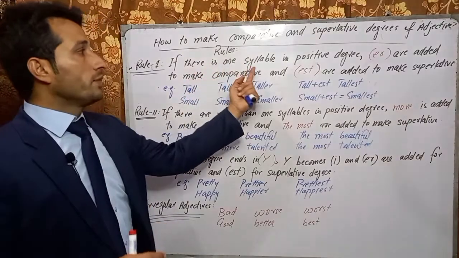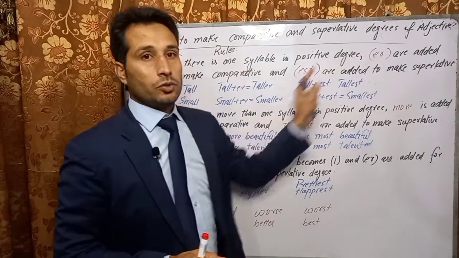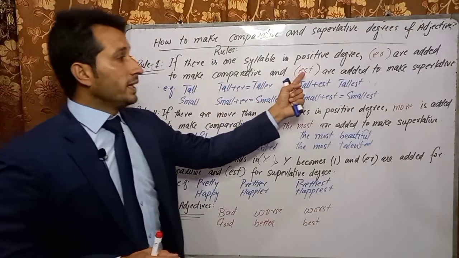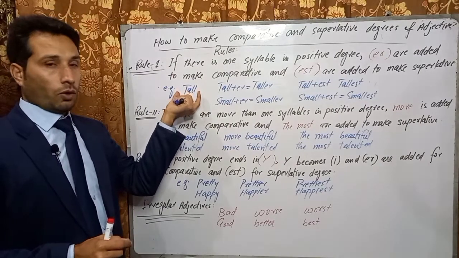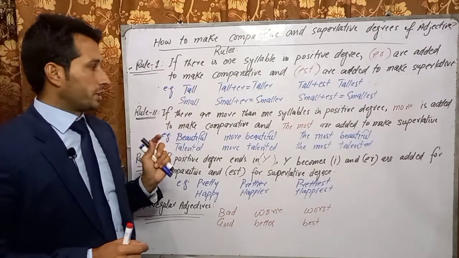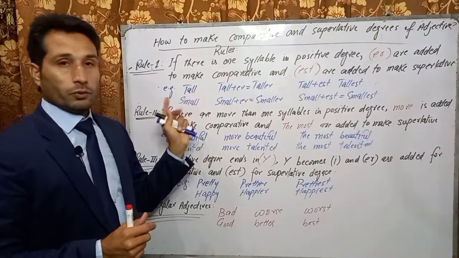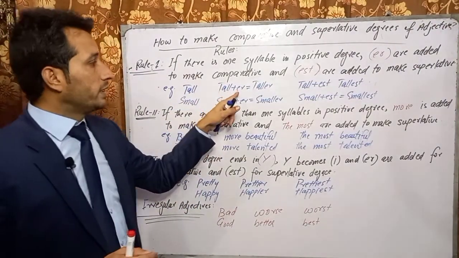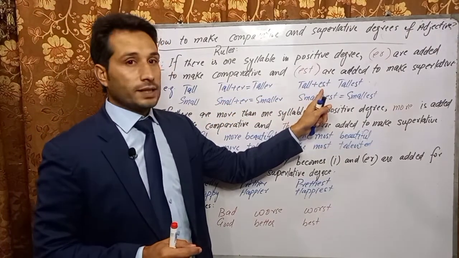So if there is one syllable in the positive degree of an adjective, then we add er to make the comparative degree and est to make the superlative degree. For example, we have the word tall. Now tall is the positive degree of the adjective. It is one syllable. We cannot break it anymore. So tall, when we make it comparative, we add er, taller, and when we make it superlative, we add est,